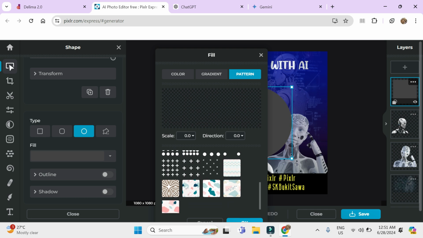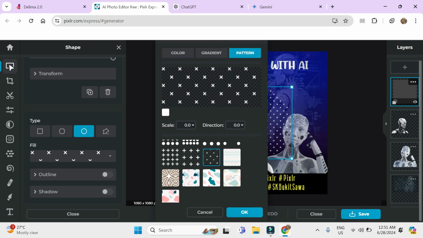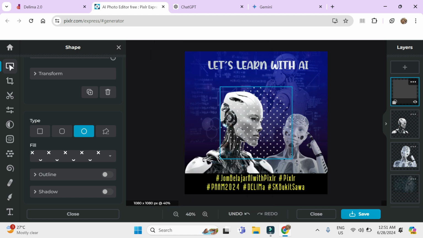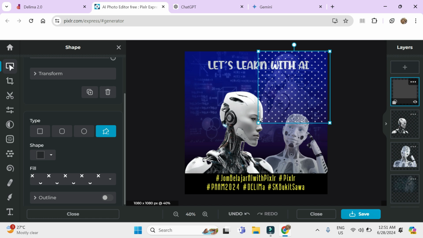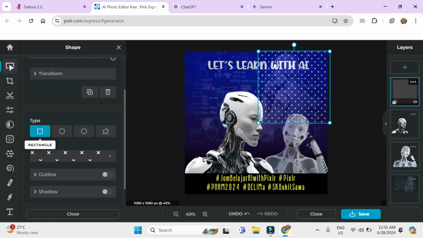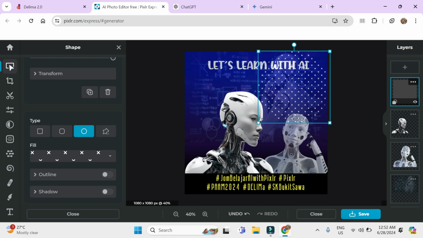Okay, let's say you want to choose the stars here. Okay, and then scroll down a bit and choose OK. Then you see there are stars. If you don't like, you can always change the shape however you like it. Okay, so let's say I want the circle one, so I just put circle, but it